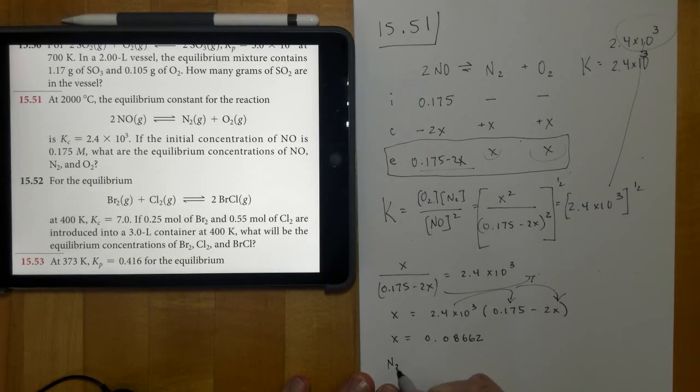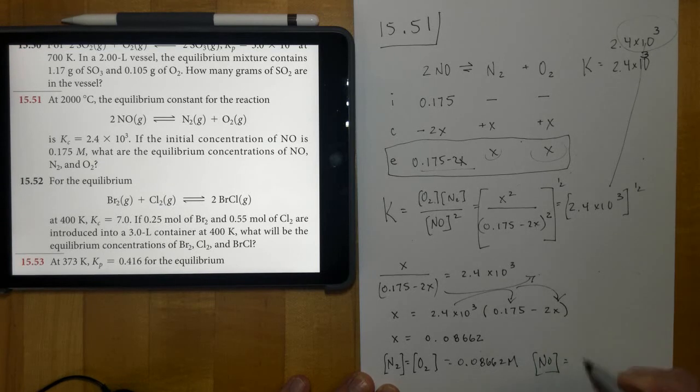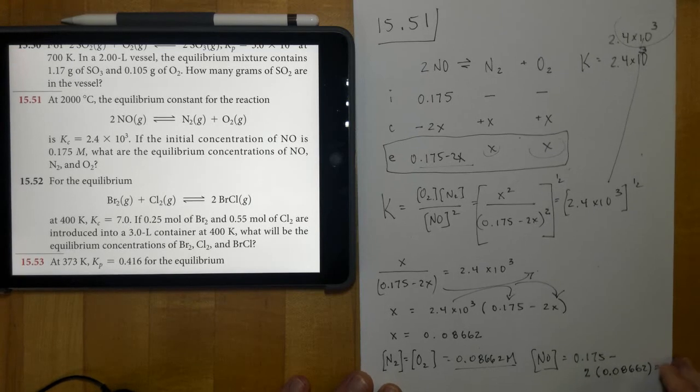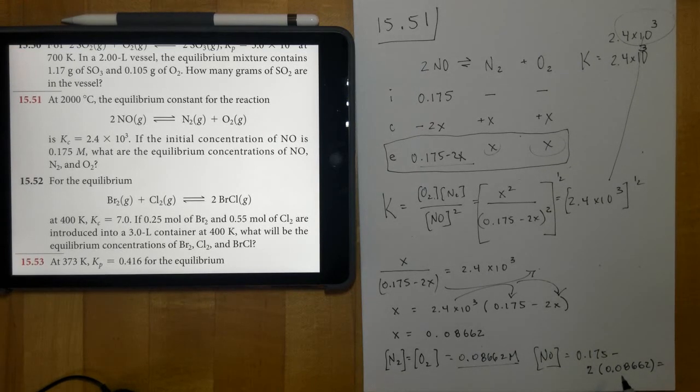And so for N2, which would equal O2, these concentrations would be equal to one another because they're x and x, I would have 0.08662 as my concentration. And then for NO concentration, it would be 0.175 minus this value right here times 2. So 2 times 0.08662. And then doing that on your calculator, you end up with a concentration of